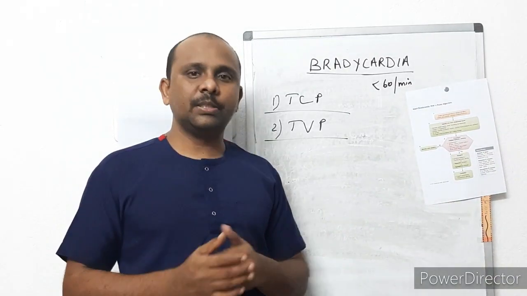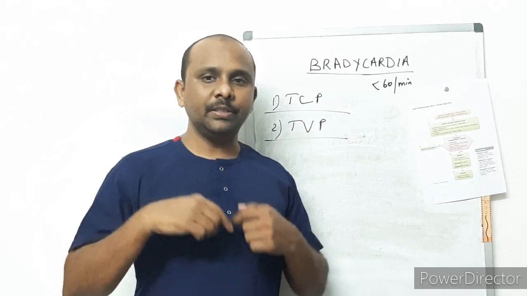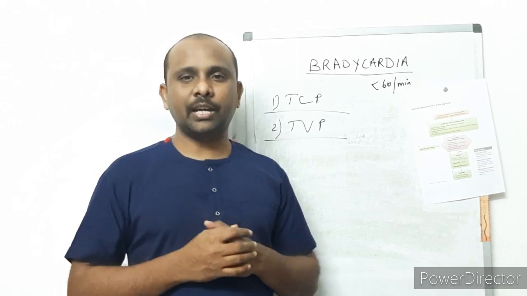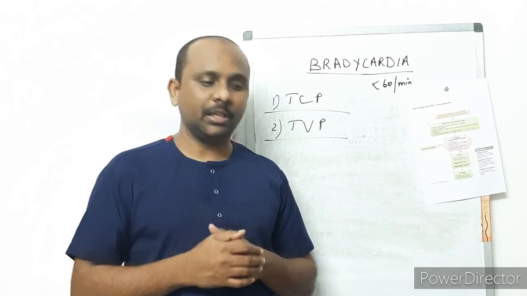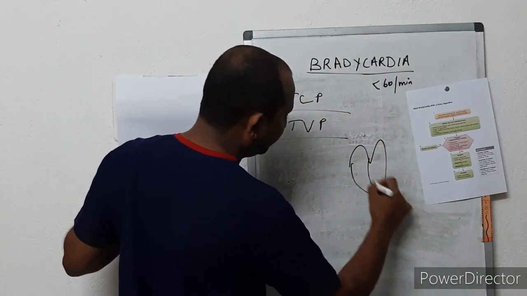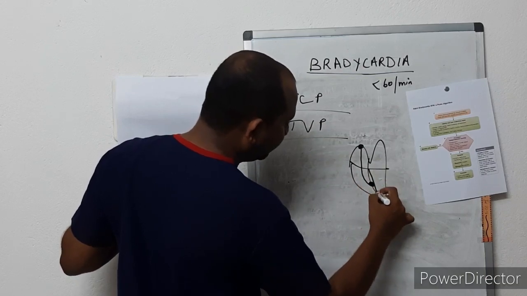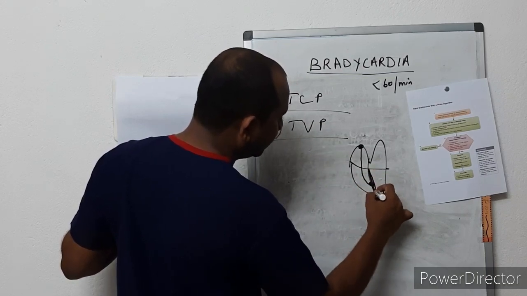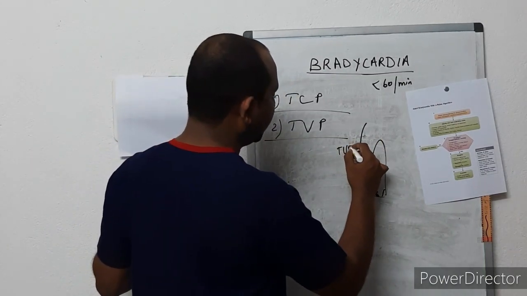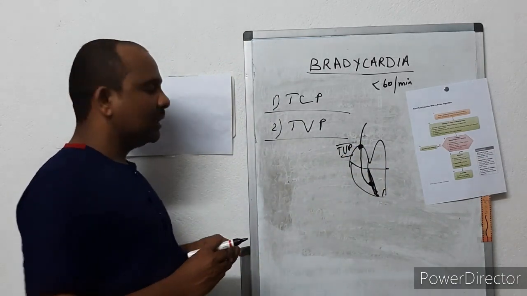The transvenous pacing is, you are introducing the pacemaker wire into the veins, and you are reaching the right ventricle. First you will reach the right atrium, then you are pushing into the right ventricle, keeping the pacemaker wire. So for example, this is the heart. This is the right side, you are reaching and you are placing the wire over the septum. So this is the place where you have to place the transvenous pacemaker wire. The tip must be in the septum, right? So this is the thing.